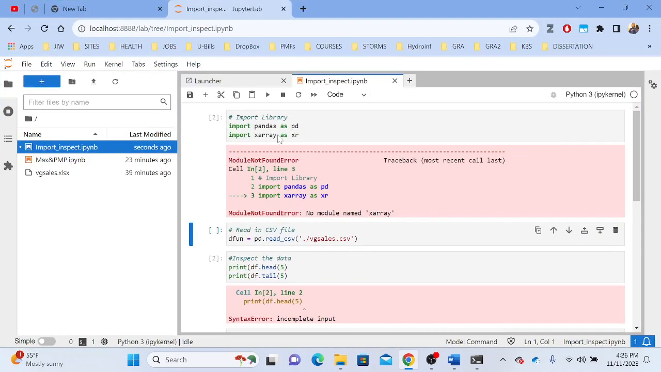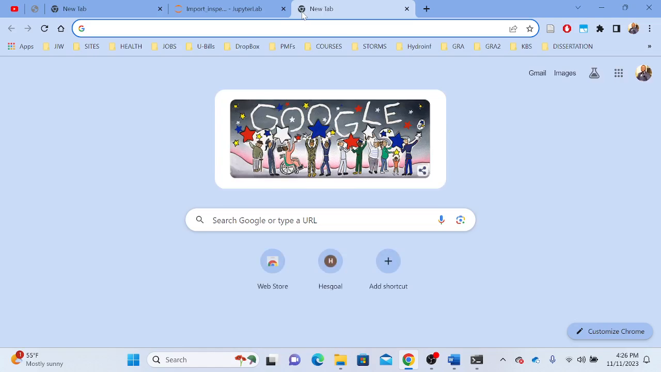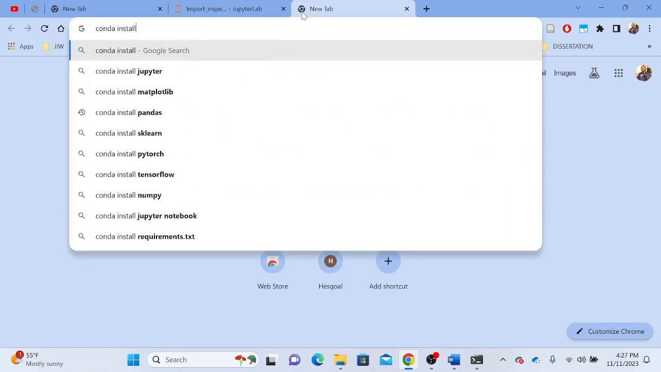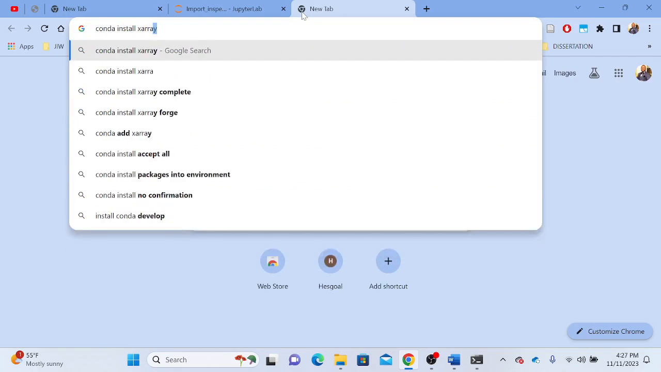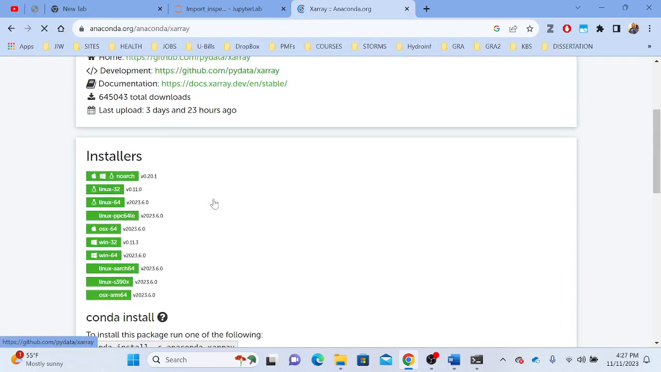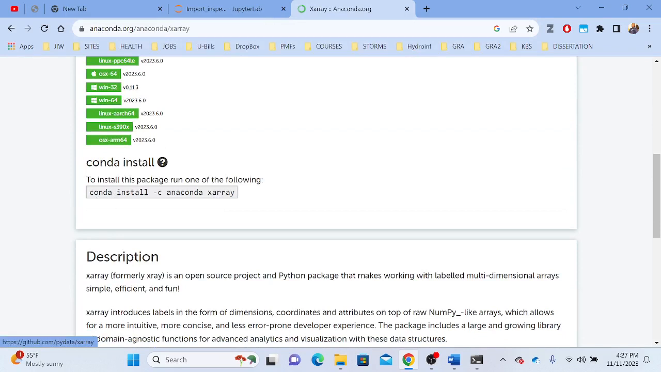So I go back online and find. I would say conda install Xarray, and I'll see the first one, usually this one. So this is the Python command, it's called conda install. We're just going to copy this command and go back to my